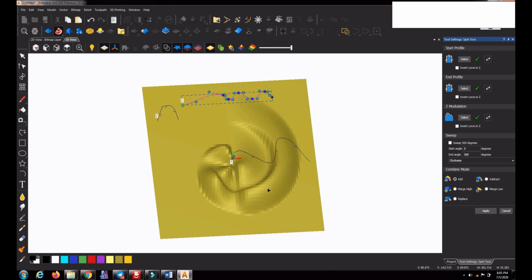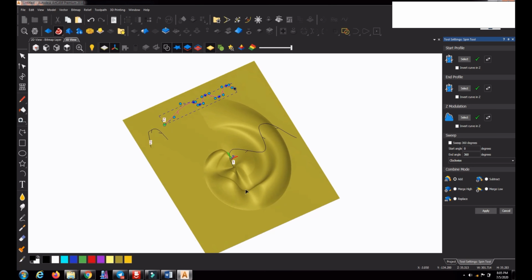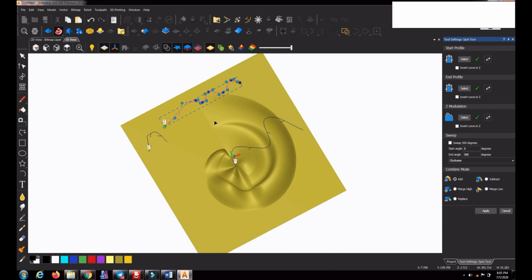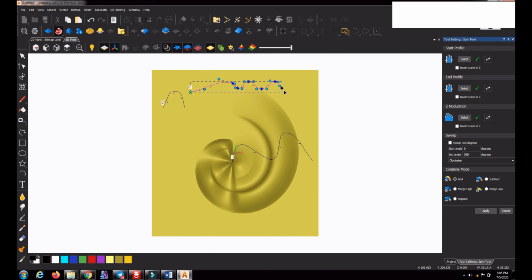You can see the height variation in the 3D relief: starting slowly going up, then down, up, down, as seen in the Z modulation profile.